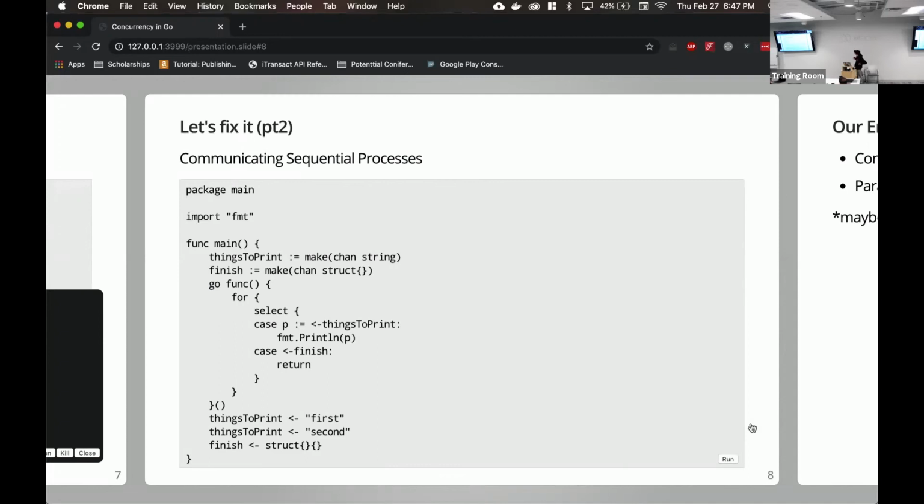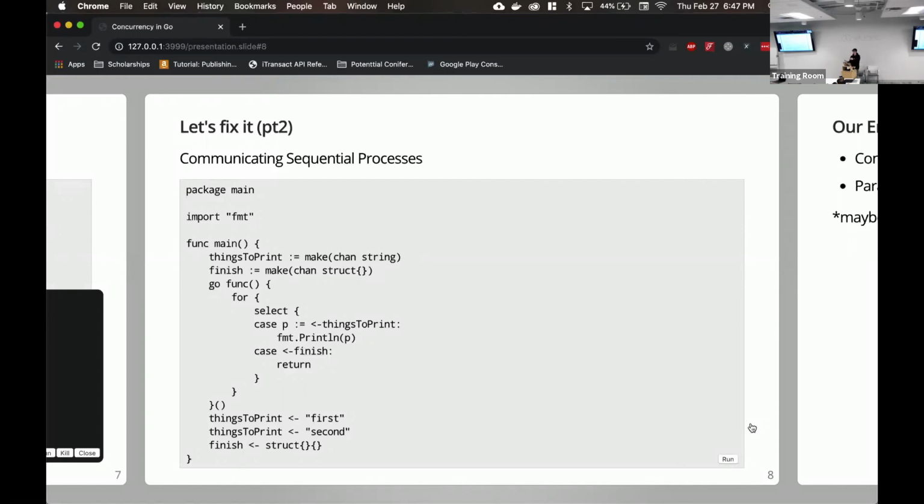I need it. Okay. So this example is a little more complicated, and I apologize. It's just kind of how it works. I'll explain. The way that we're doing this, we're making some sort of work channel for things to print. It's kind of like a queue of things that we need to process. We create a finished channel, which I'll get to in a second. And we start up a process that says, listen for work, and as we have things to print them in the order that they came in.